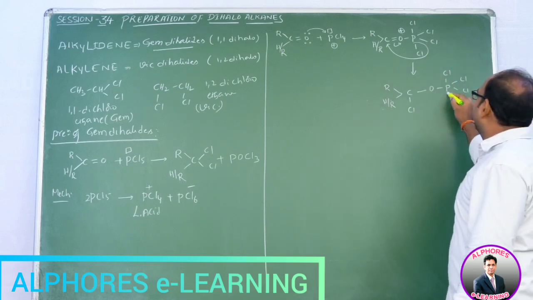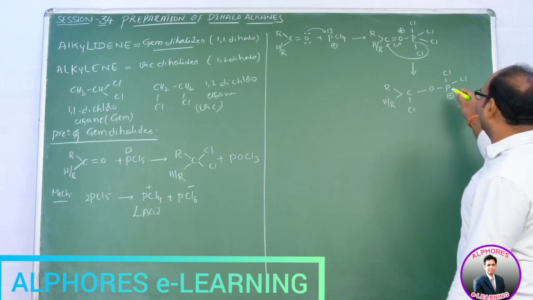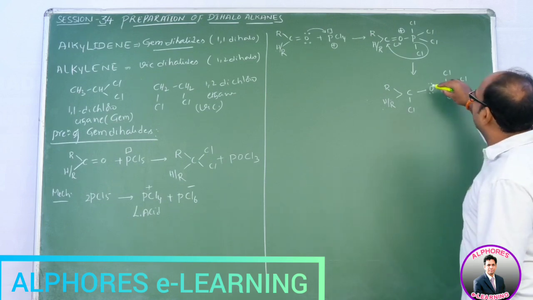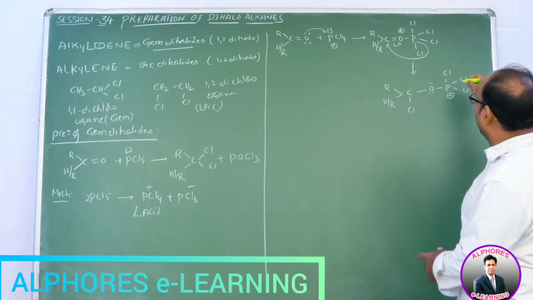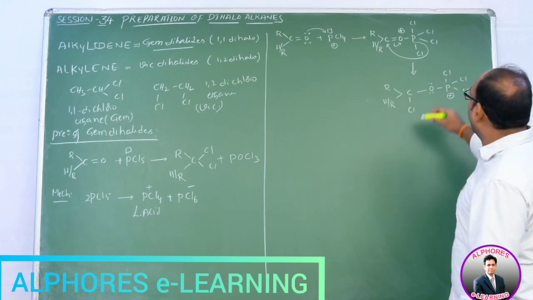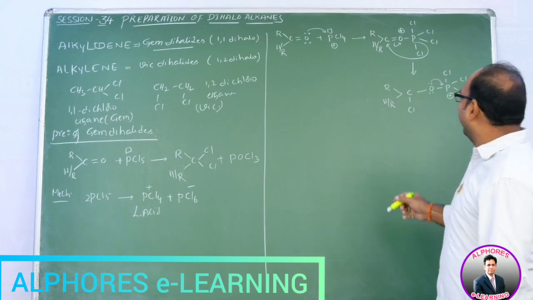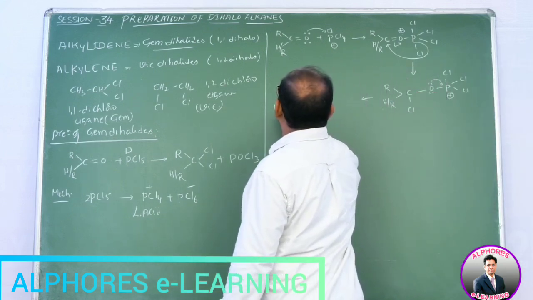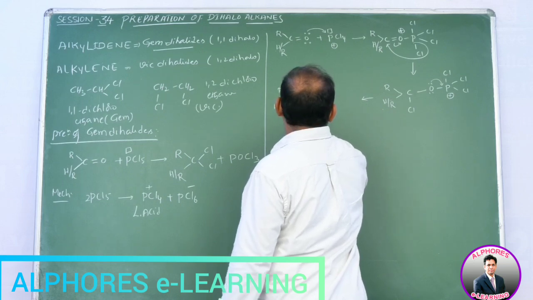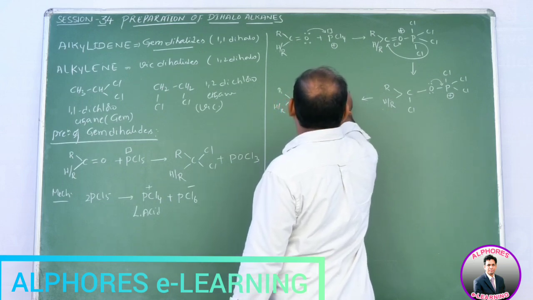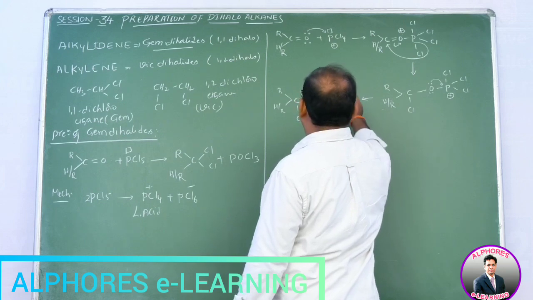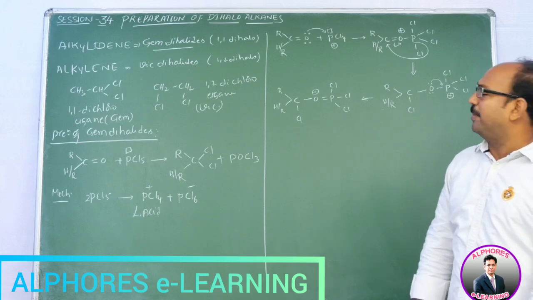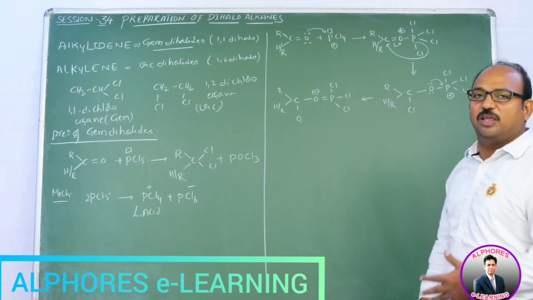Right now phosphorus again bears positive charge. Now into its positive charge, what happened? Again phosphorus is going to give, oxygen is going to give electrons. Now oxygen is going to give electrons. Again oxygen bears positive charge, R, H, R, C, here Cl, O, double bond, P, Cl. Right now here only 3 chlorine atoms. Now this one O plus, double bond, P, Cl3, this one acts as a good leaving group.